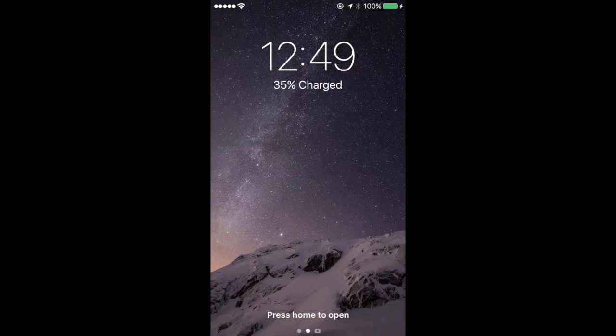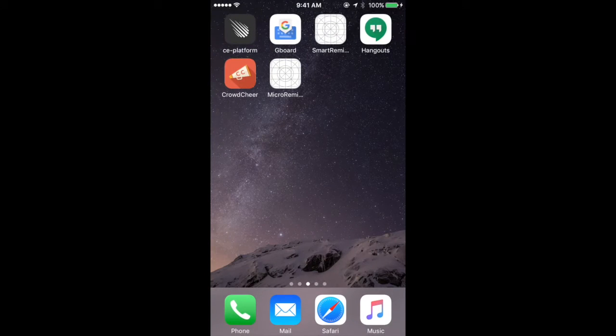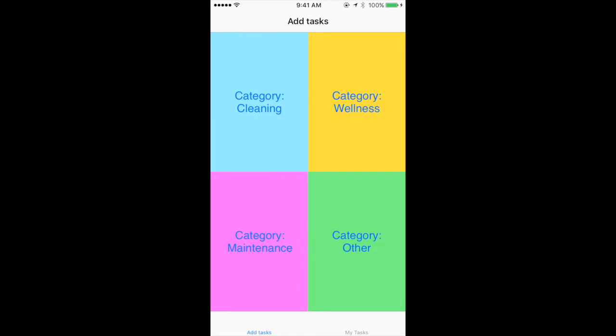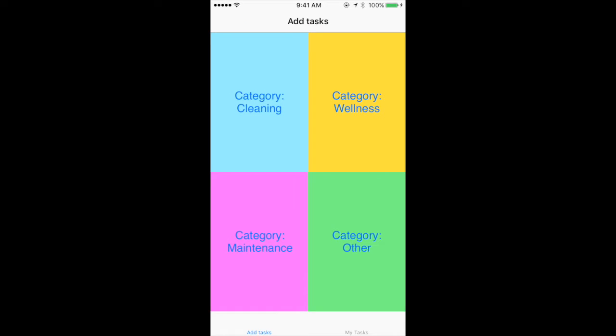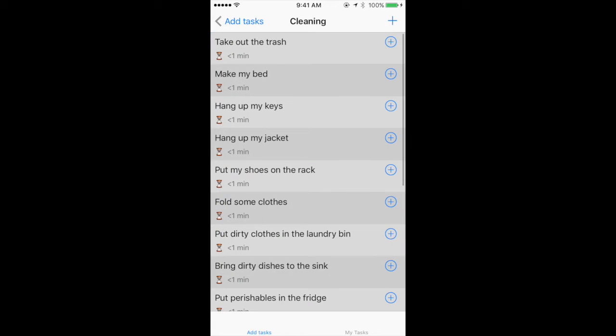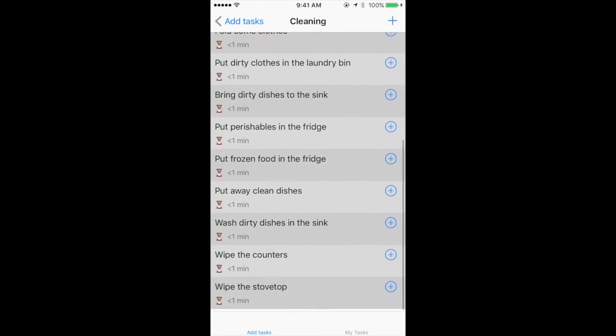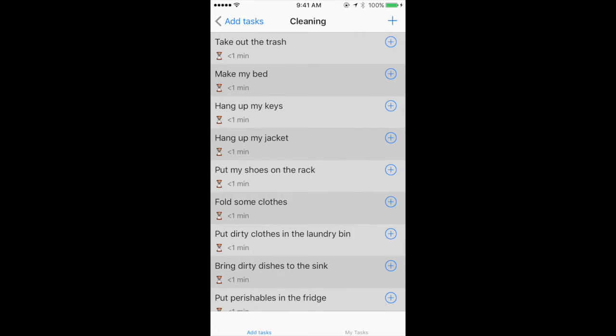So if we go ahead and open the app, what we see are these 4 categories. I took the pre-populated task lists that I was talking about, and I broke them into these 4 categories. Others got nothing in it. And if we click on one of them, we see these lists, and all of these are tasks that I collected from the survey I ran earlier in the quarter with DTR students trying to collect some sort of common micro tasks. What you'll notice is they each have a description, a little add button, and also a suggested or estimated time for completion. All of them are under a minute, hence being microtasks. What we're trying to do there is also encourage people to think about tasks in this sort of 1-minute